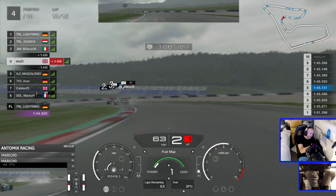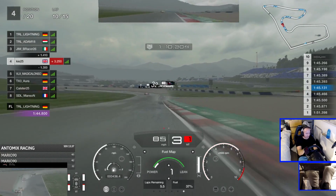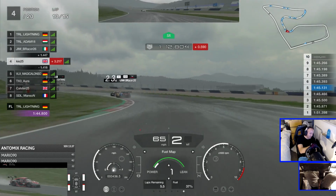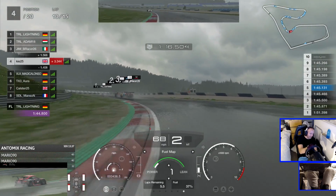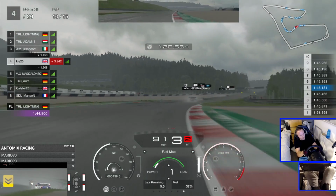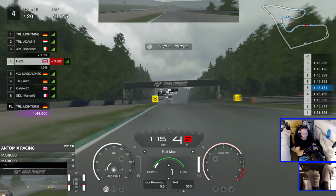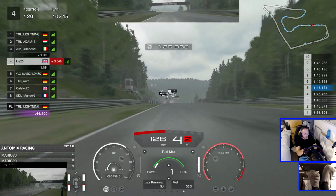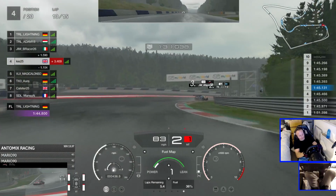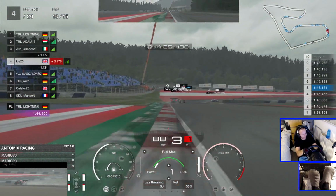Polyphony, get it sorted. As we now follow Adam, it's B-Racer now we're following, obviously, because B-Racer has made that mistake, and you can see that gap, that Lightning has now got that little comfort gap to TRL Adam in the Ford. But I think he would have rather had the NSX behind him, if I'm honest, because I think that Ford GT is a little bit stronger on the rear tyres than the NSX, and also the added weight of that car seems to help it out in traction zones, and the fact that that car is so fast down the straights is probably going to have Lightning a little bit worried towards the last few laps in this race,